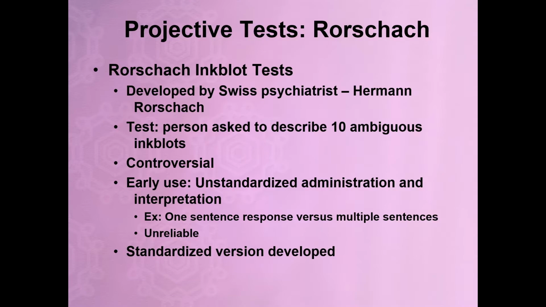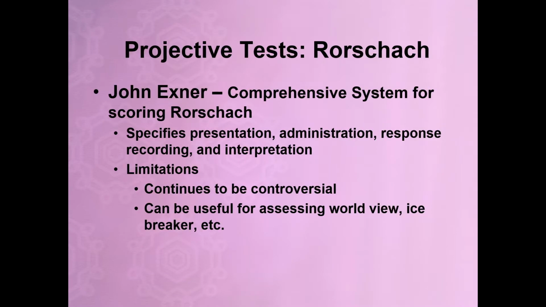In the very early days, therapists were administering it any way that they saw fit. Some therapists asked for a one-word response on a picture. Others might ask them to give a 5-minute response. Others would say, give me lots of responses or tell me a story. And this resulted in the Rorschach not being very reliable, with clinicians getting different responses and different diagnoses, which inherently also rendered it invalid. In response to the many challenges, John Exner developed a more standardized version of the Inkblot test